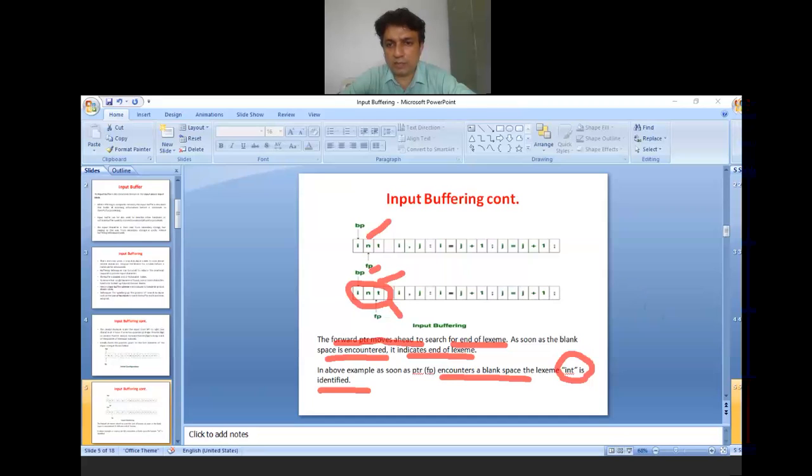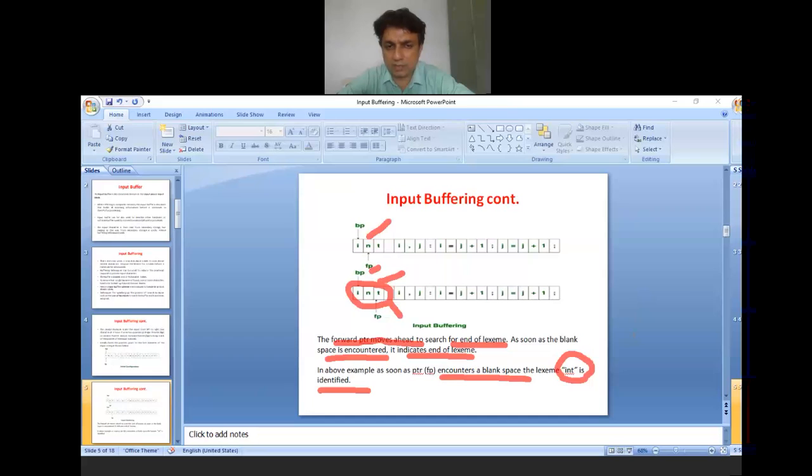Initially both pointers are at the same location, the first character, and after that we are scanning the input character from left to right, so only the forward pointer is moving. Once the blank space is encountered, whatever is there before the blank space is treated as the lexeme.